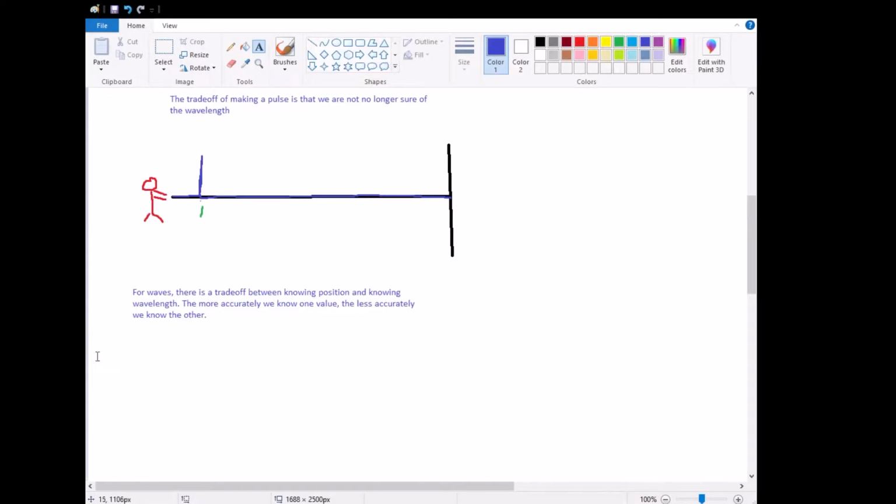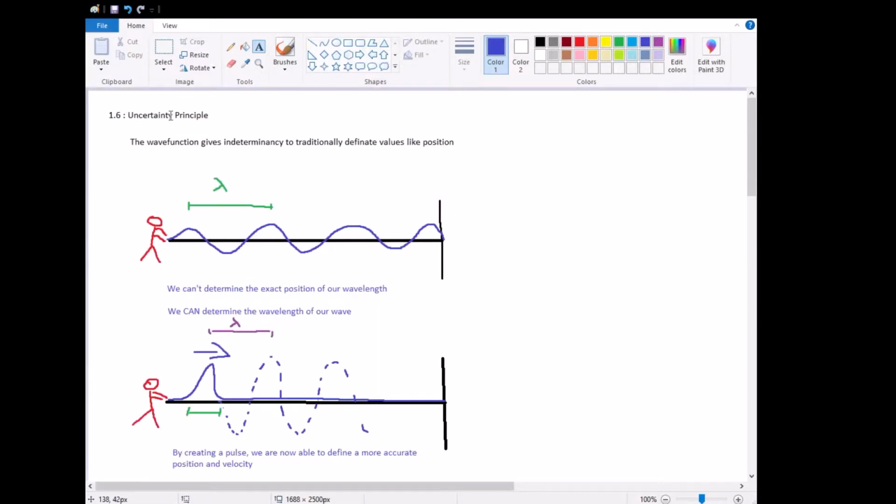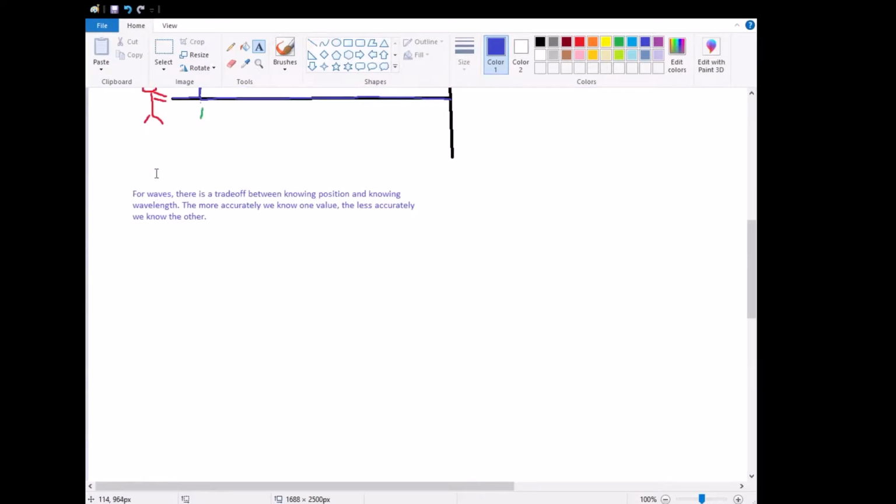So we have this sort of trade-off, evidently. So this implies that there's also some other similar analogous trade-off in terms of two values in quantum mechanics for particles. So as it turns out, there is, and that is what is called the uncertainty principle. And to sort of get to it, one of the things that we have to resolve is that